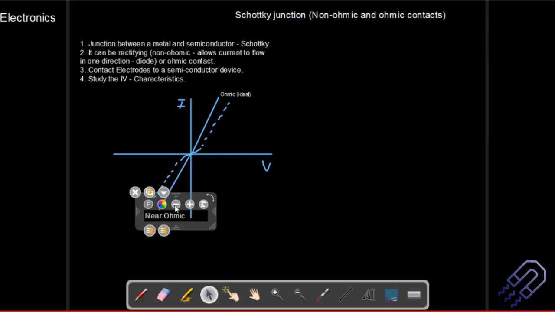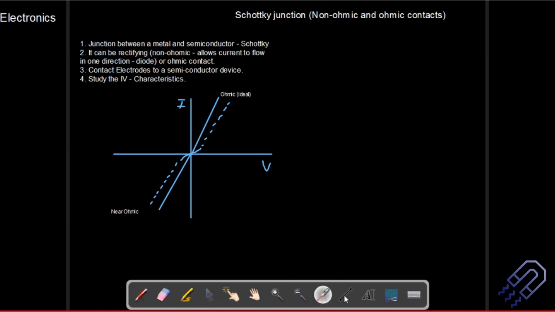I think it's not very difficult to understand, because this is almost a straight line, so it will become like an ohmic, but it is not perfectly ohmic. So this is actually near ohmic. That's very important. So where do we see such cases? This is actually seen in a stress setup. So we are going to analyze the ohmic behavior.